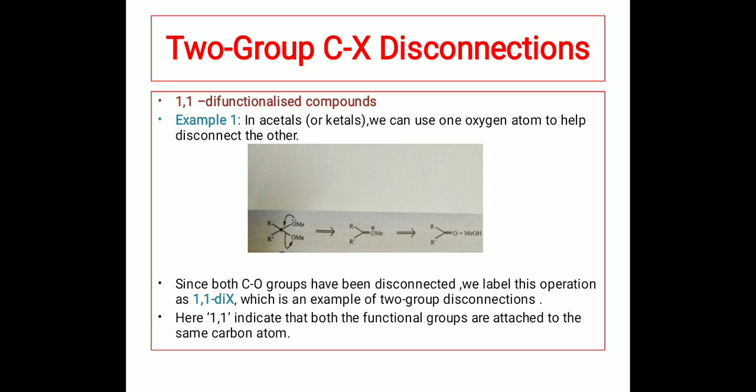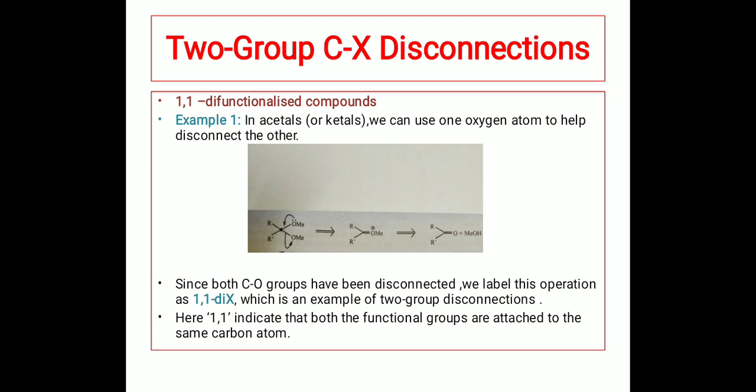So here the oxygen has a lone pair, right? So it is going to form a double bond between carbon and oxygen, after which there's a departure of the methoxy group, OMe minus, and we're going to get the oxonium ion, wherein oxygen is bonded to three carbon atoms. So this is the oxonium ion, and this oxonium ion is a synthon. The synthetic equivalent for that is going to be a ketone and a methanol. So this is how we are going to disconnect.